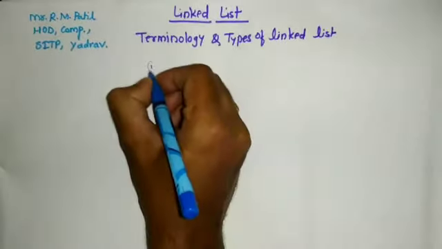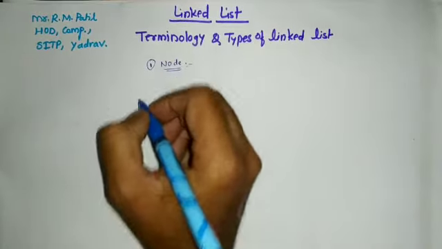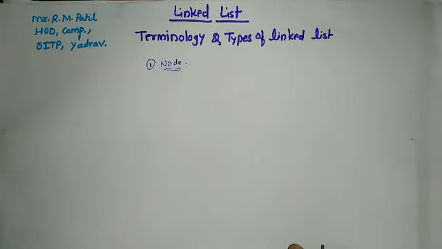To store each and every piece of information in the programming language, we consider a node. Each node in a linked list is called a node and contains two fields. One is the information field, which we call the data field, and the other is the next address, which we call the next field.